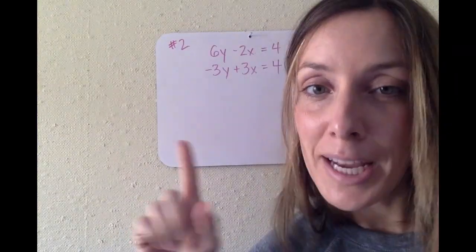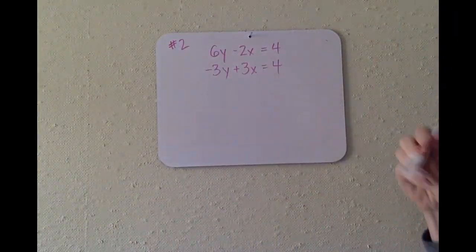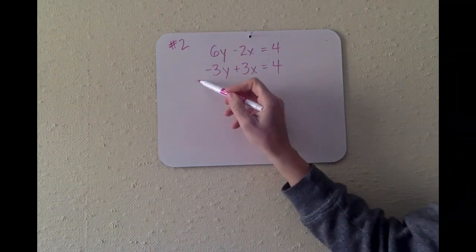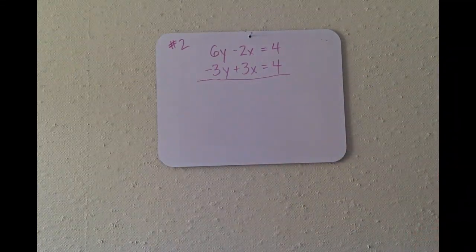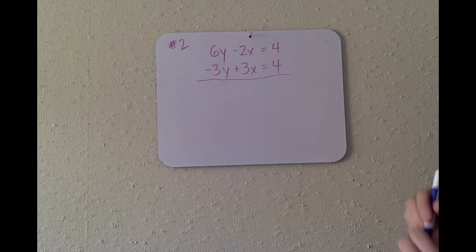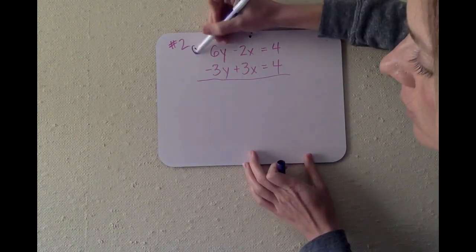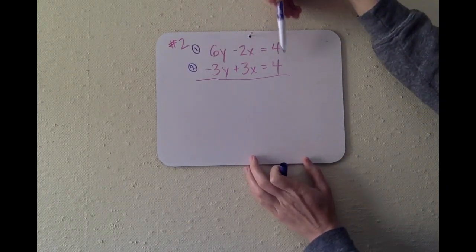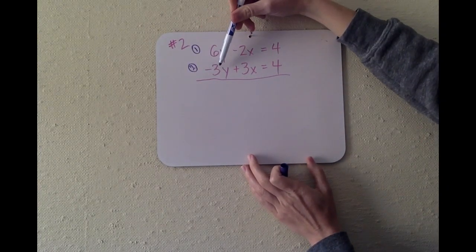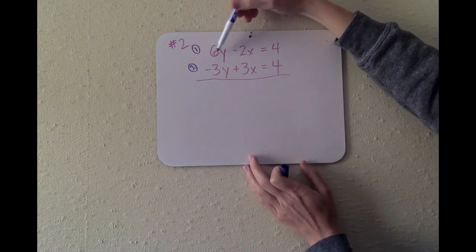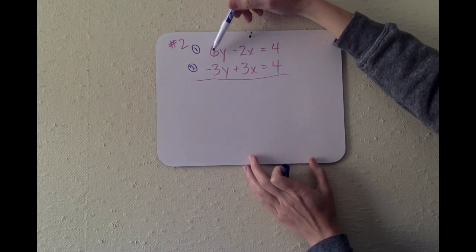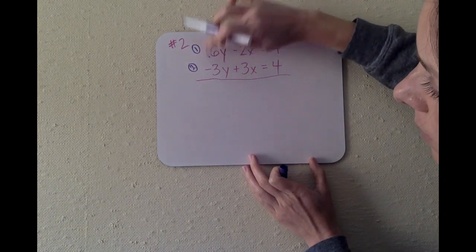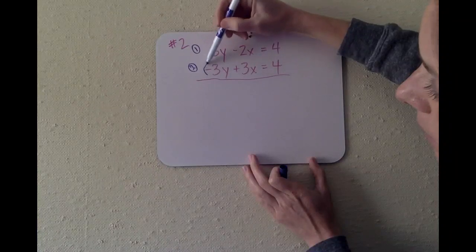Right, so here's our second example. Take a moment to write it down. Remember, you can pause the video at any time. So here I have my two equations. Again, if I add them up, I'm not eliminating a variable. So I have a negative 3y here and a 6y here. If I would multiply this bottom equation